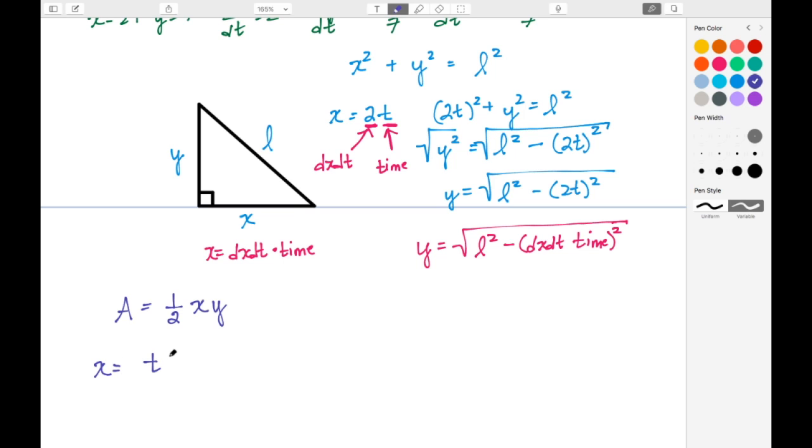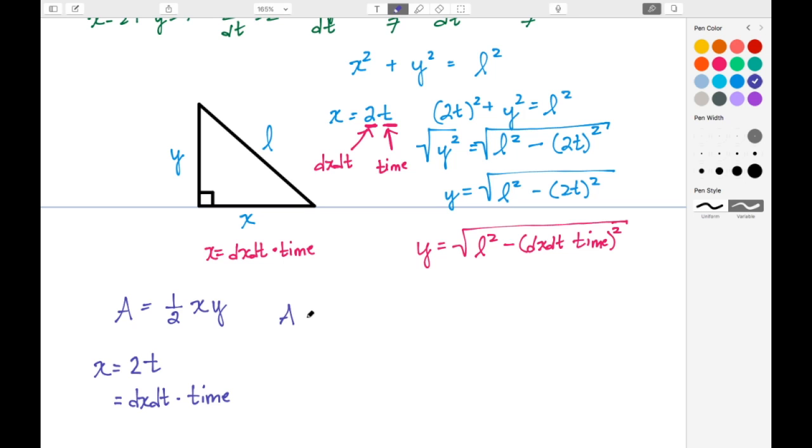And because the rate at which we're changing in this example, we're just going to say is 2. But I want to make this more dynamic, so I'm really going to make this dx/dt times time, which is the same thing we used when we got up here. Now I'm going to rewrite the equation using this expression.